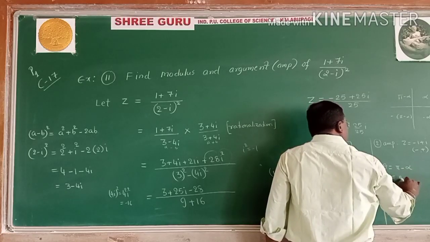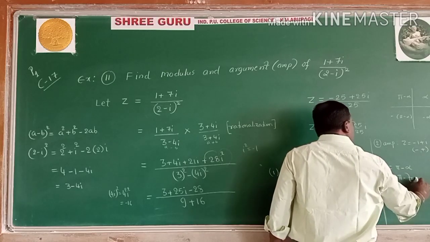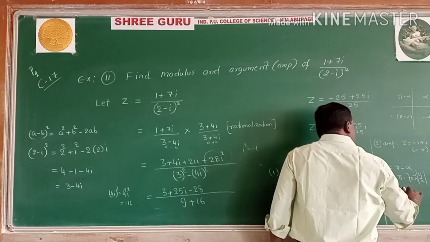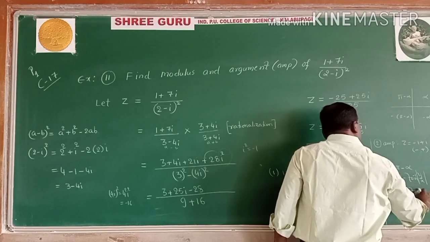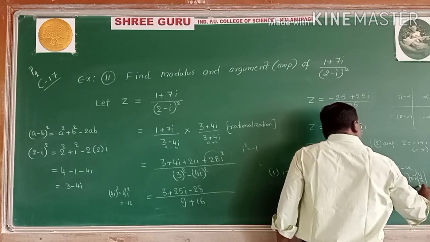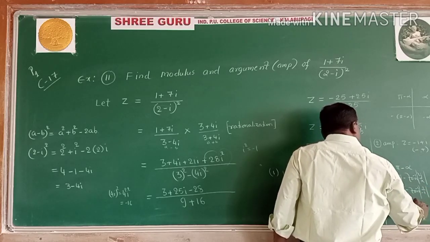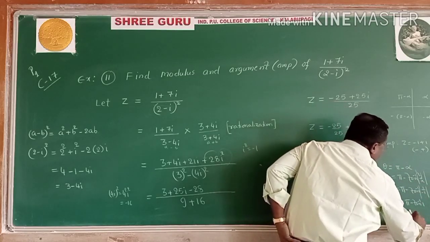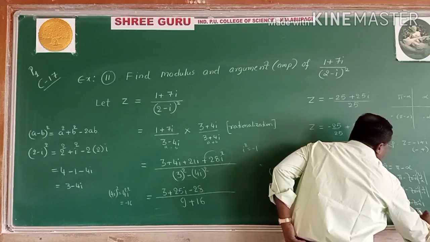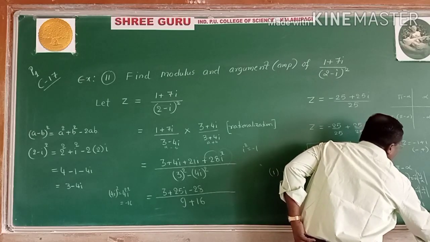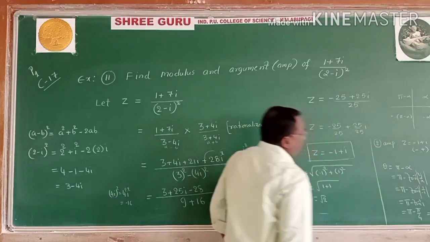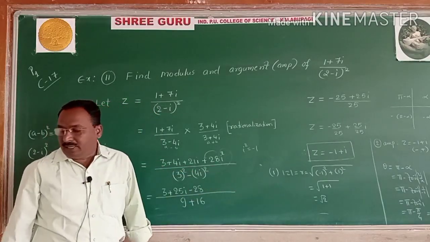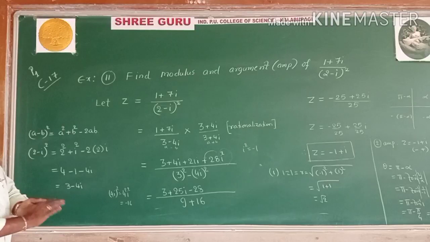Pi as it is, alpha means tan inverse of modulus of y by x. Pi minus tan inverse, y value is 1, x value is minus 1. Inside the modulus, it is always positive, so 1 by 1 is 1. Tan inverse 1 is which degree? Pi by 4, 45 degree. So the value is 3 pi by 4. Tan inverse of 1 is 45 degree, in terms of radians, pi by 4. Any doubt? Okay.